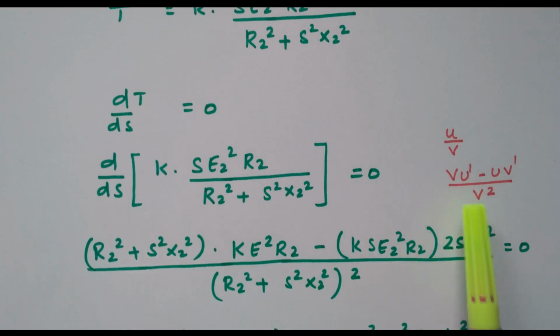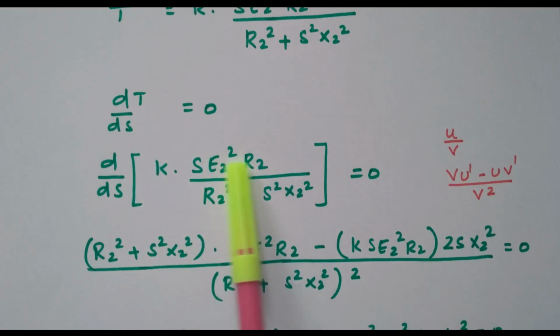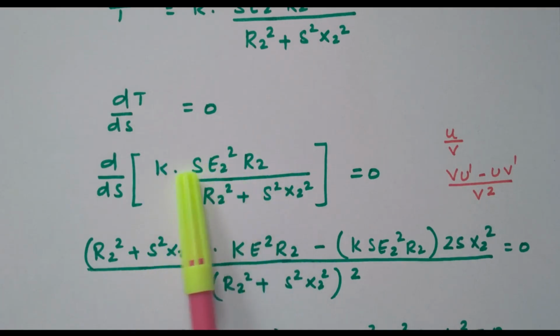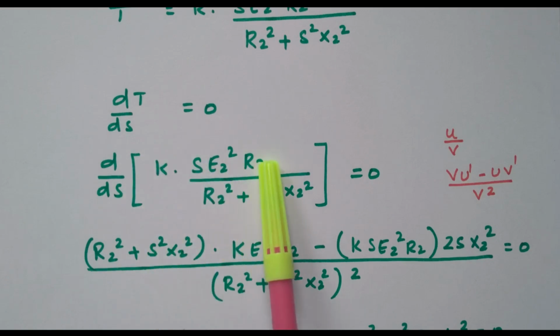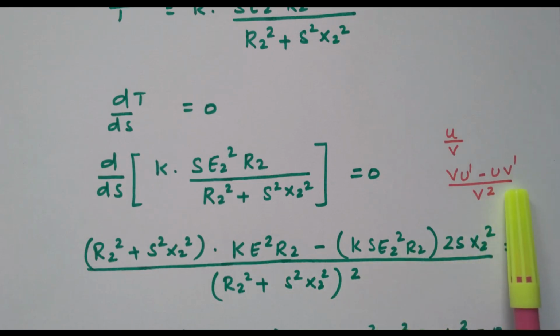u dash. What is u dash? You have to differentiate this term. u is this value, u dash means differentiate. So while differentiating, s is available, so the differentiation of s is 1. So that we got k e2 square into r2, right? So this is u, the numerator value. u dash means the numerator value is differentiated, while differentiating s equal to 1 minus u. You have to write this u as it is, k s e2 square into r2 divided by v square, v